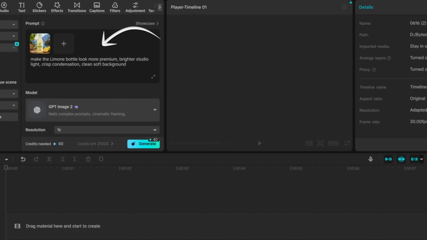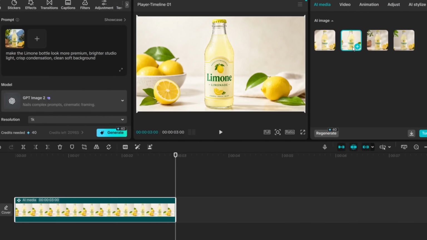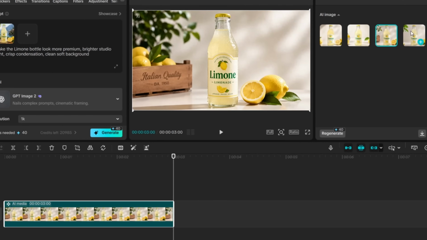Now I've uploaded my photo, but let's say I'm not fully happy with it. Maybe I want it to look a little more premium. No problem, with GPT 2.0 I can improve it right here, before I do anything else. I just describe what I want with a short prompt. Something like, make the Limone bottle look more premium, brighter studio light, crisp condensation, clean soft background. A few seconds later I've got a cleaner, better looking product shot, and that becomes a base for all my